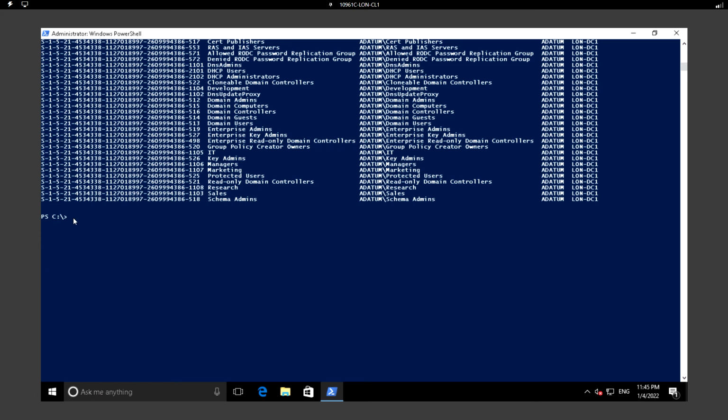So in the first scenario, using the CIM method, we will reboot the remote host, which is LAN-DC1. So to reboot that, we can use the invoke command,